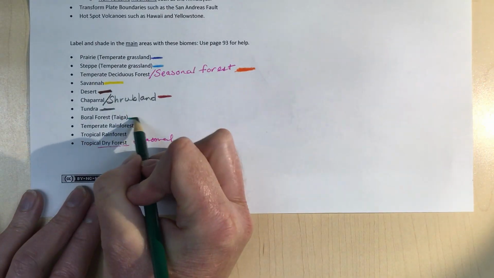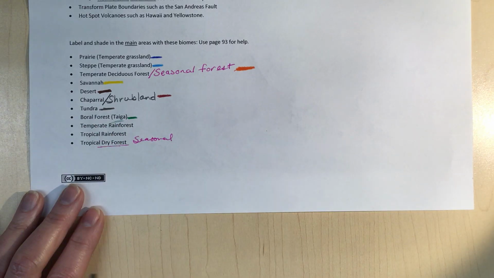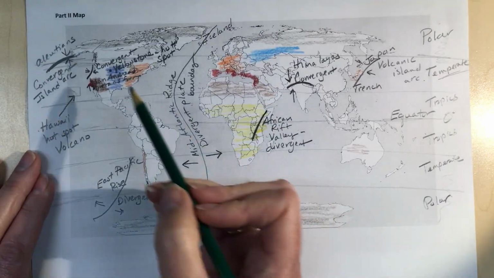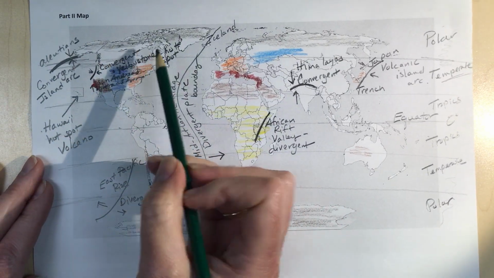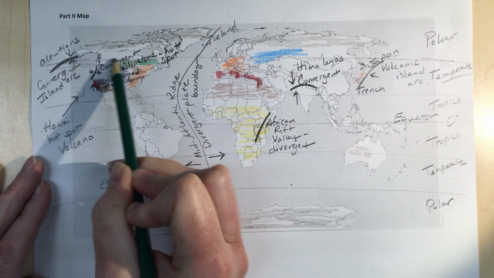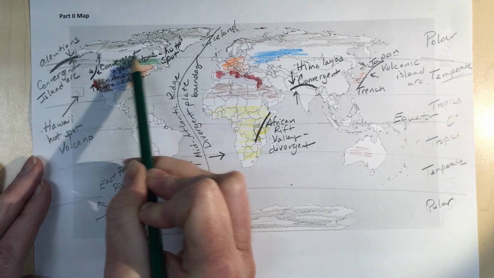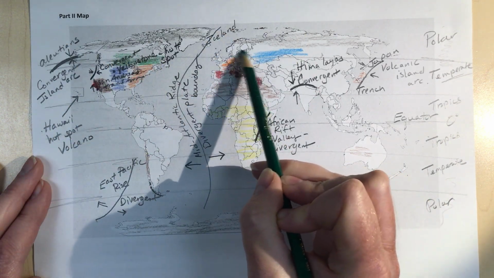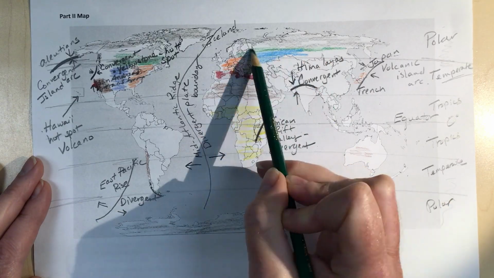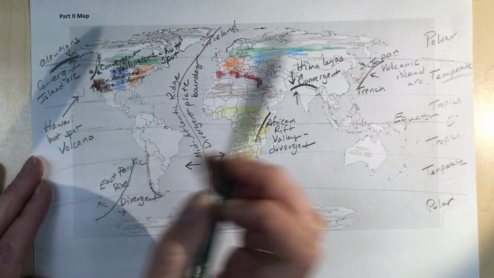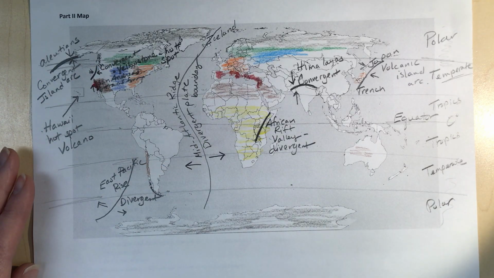Boreal forest, it's also known as the taiga. I believe the AP test uses the word taiga. So that is higher than your temperate deciduous. So it's a little bit colder and a little bit less lush. So we're going to put it here. It bumps up against the tundra, so we're going to have all of that in here. Like that. That's taiga. And they're not exact, but they are